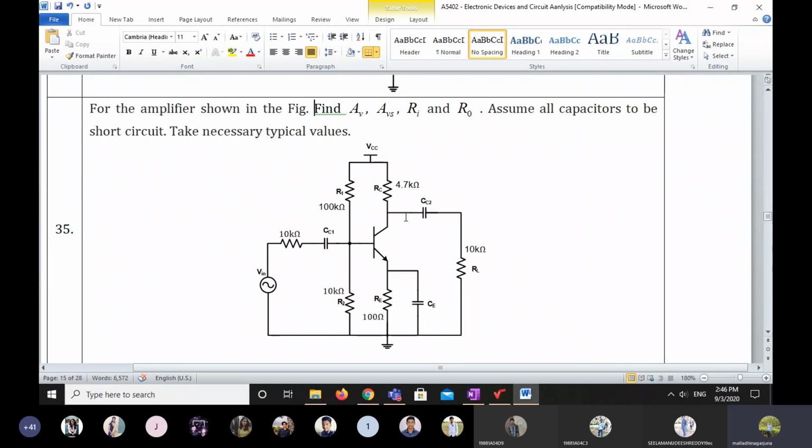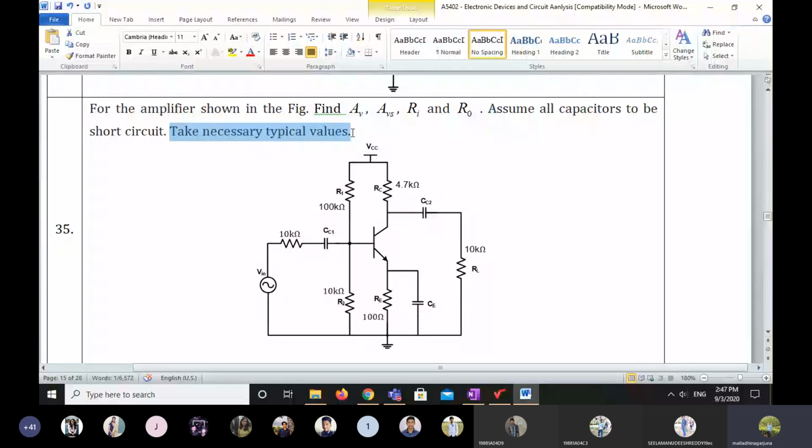Okay, so this is the question here: for the amplifier shown in the figure, we need to calculate the four parameters. Sometimes they may ask the voltage gain, sometimes the current gain, sometimes the input impedance, output impedance, like that. So what are the parameters they are asking to calculate? Here we assume all the capacitors are short circuit and take necessary